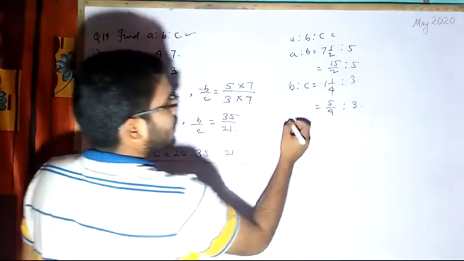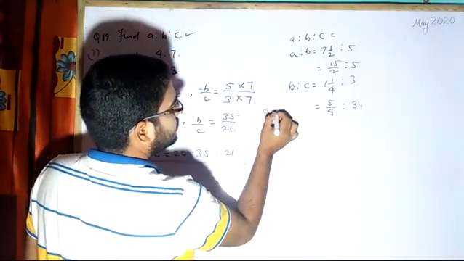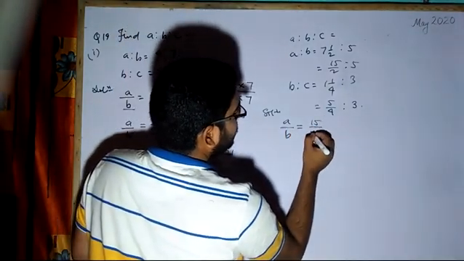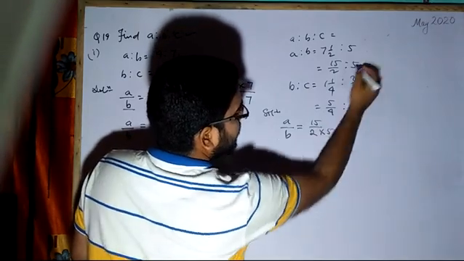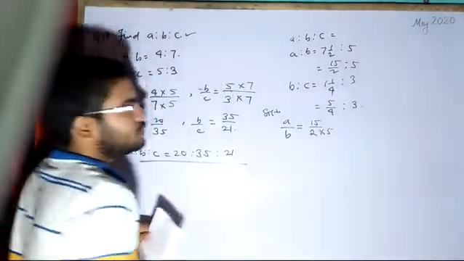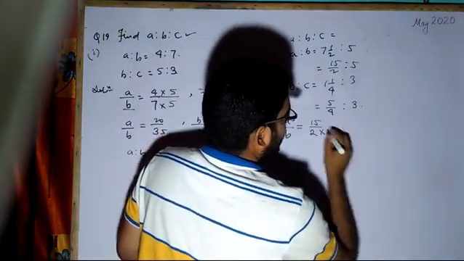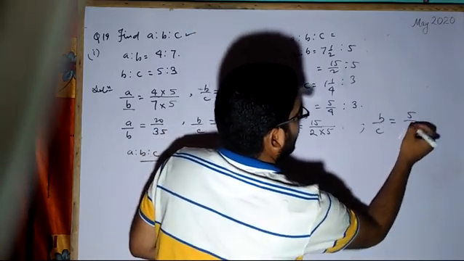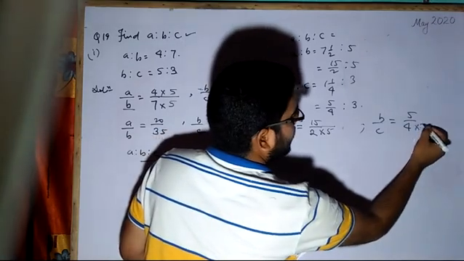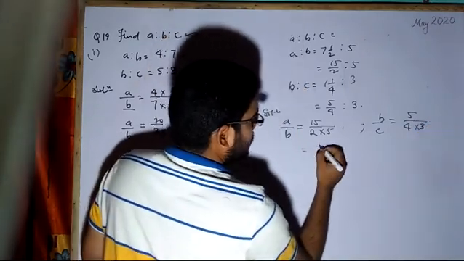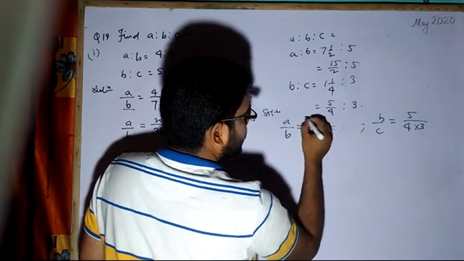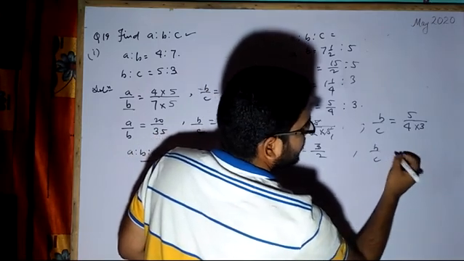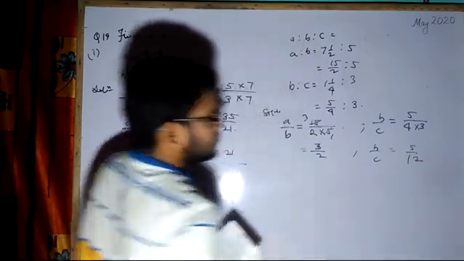Now the same thing, you will write A by B. The solution will be A by B is equal to 15 by 2 by 5 is to 5, meaning the 5 will come in the denominator. Then B is to C is equal to 5 by 4 is to 3, meaning 3 will come here, correct? Now this is equal to 15, or you say 5 on the 5, 5 3s are 15, it is 3 by 2, and here B by C is equal to 5 by 12.